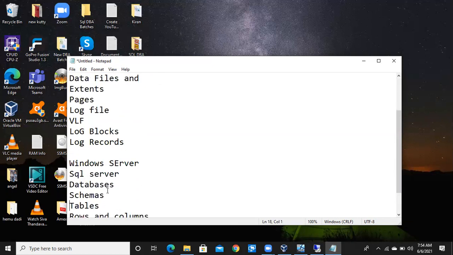In each database you can find the schemas and all. A schema is simply a container. A collection of tables, we can call it a schema. That's it. In the schemas you'll have default schemas, like dbo is the default schema, and information schema is a default schema, and we'll also have other default schemas.